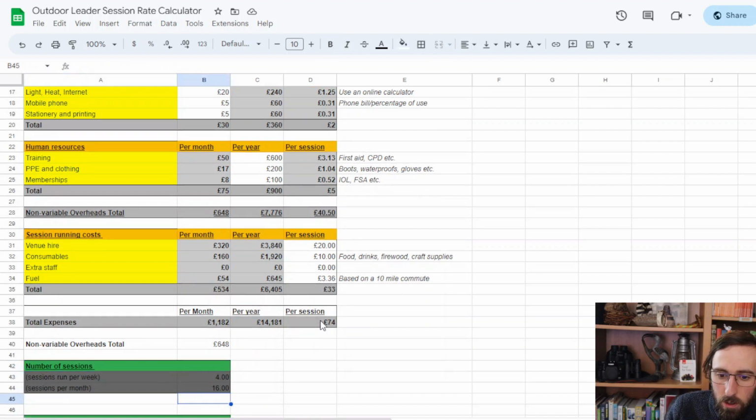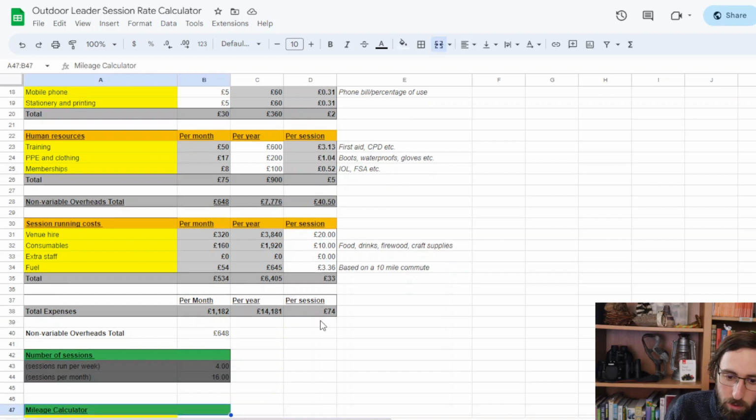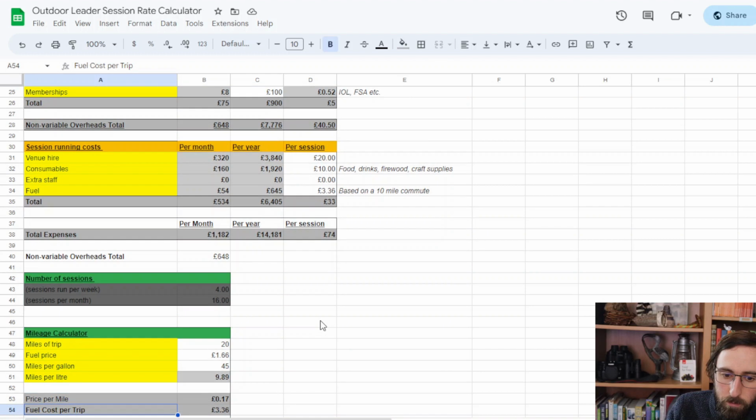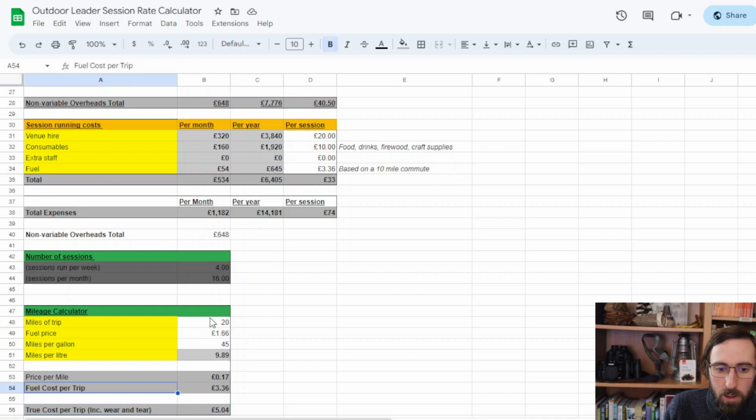Then down here we just have a little box that's based on our previous sheet, on the number of sessions we're running per month and so on. That will then figure into the columns that divide it per session. And then a handy little box at the bottom here, I've created a mileage calculator that I use to work out how much it's going to cost me to do a certain trip, either because I need to work that into my figures, charge the customer or client more for that, or just be aware of how much I need to budget for that month.